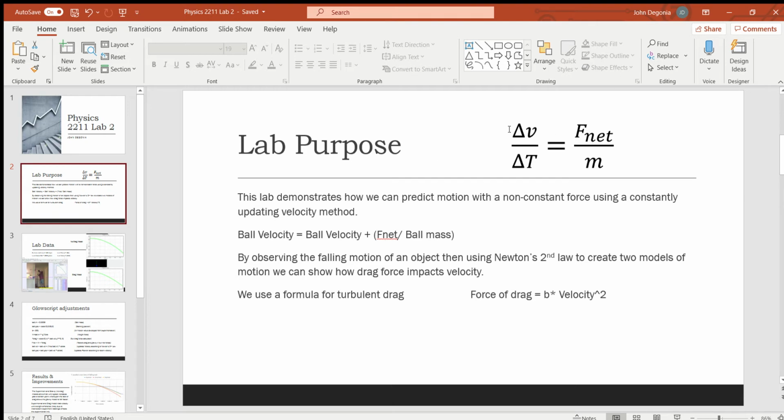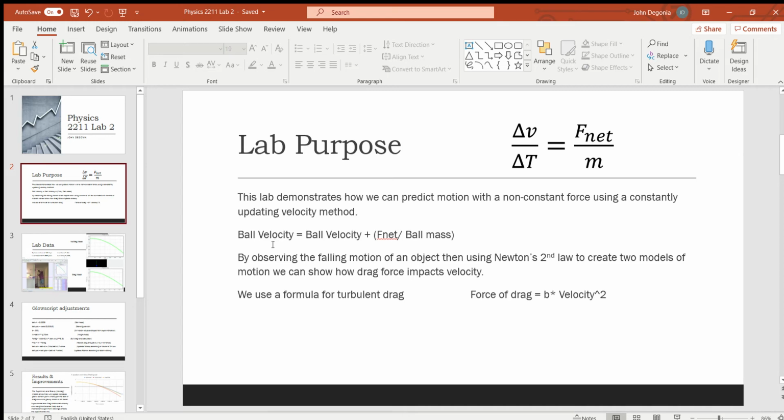Here in the top right, we have our Newton's second law, where F net divided by m will give us our change in velocity. So we can calculate a new velocity by taking our old velocity and adding that F net divided by, in this case, the mass of the ball we're dropping, to get that change. And then we can calculate that over and over again. And it doesn't matter that the force is changing, because we're going to keep calculating the force and keep updating